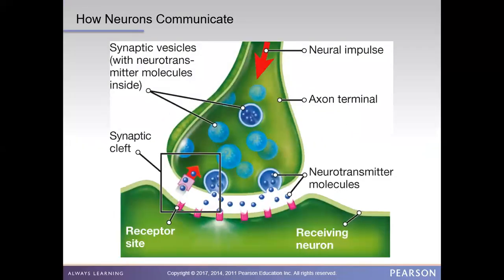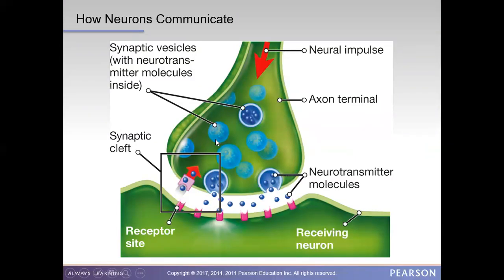This is a good sort of video that gets into that. This isn't really a video. This is a good picture that gets into that. So these synaptic vesicles go down the neuron. And then you have to jump this area right here, this synaptic cleft.